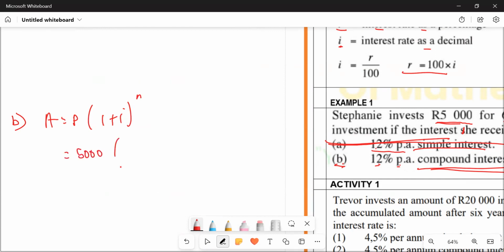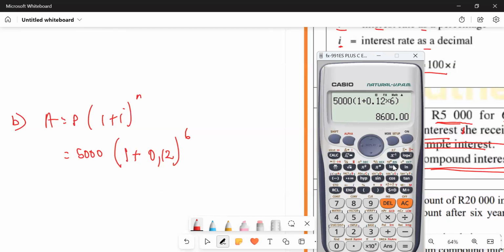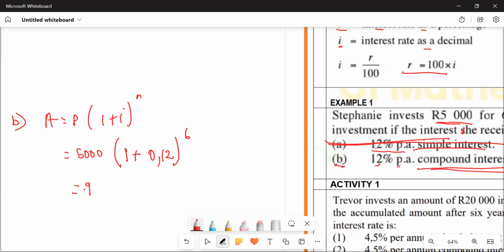We have 5,000, open bracket, 1 plus 0.12, close bracket, to the power of 6. Instead of doing it like the simple interest, we're going to say, okay, we have 5,000, open bracket, 1 plus 0.12, close bracket, to the power of 6. And then what do we get? It's 9,069.1